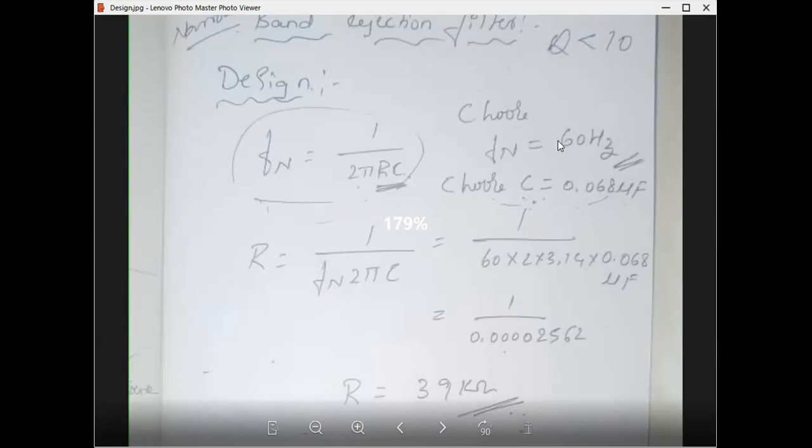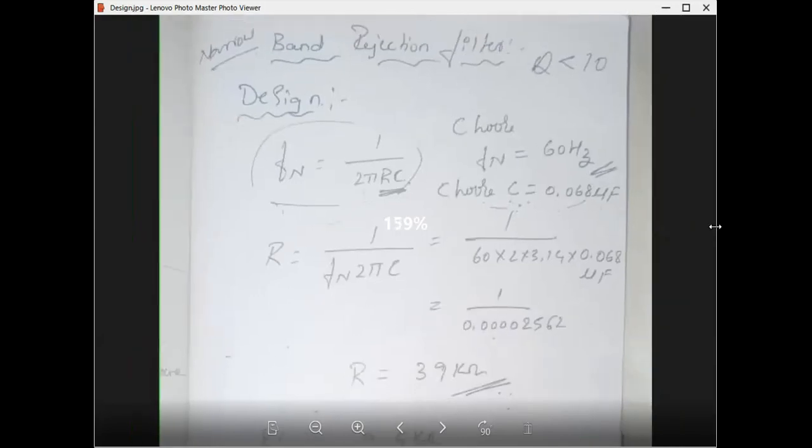If we substitute the value of 60 hertz and the value of C here, the value of R will be equal to 1 by f of n into 2 pi into C. So 1 divided by 60 hertz into 2 into 3.14 into 0.068 microfarad. If you solve this, you will obtain the value of R equal to 39K.